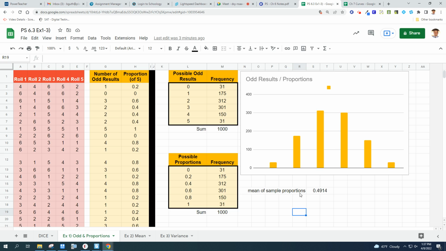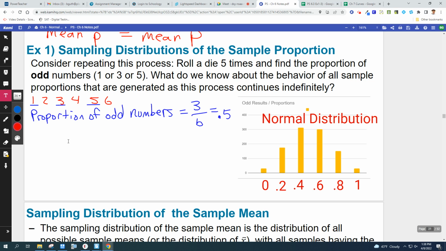I calculated the mean of the sample proportions. So what I did is I just took all of these numbers right here in this whole column. I found the average of these numbers. The mean of these numbers was basically 0.5. All right, so I want you to write down, mean of sample proportions